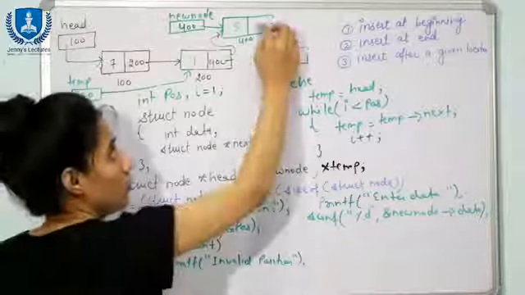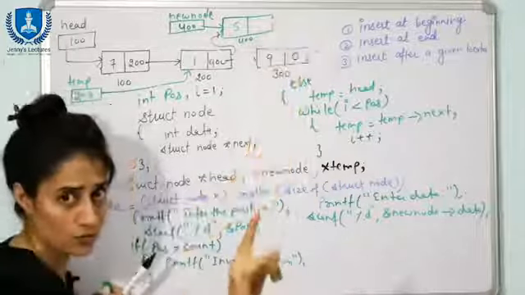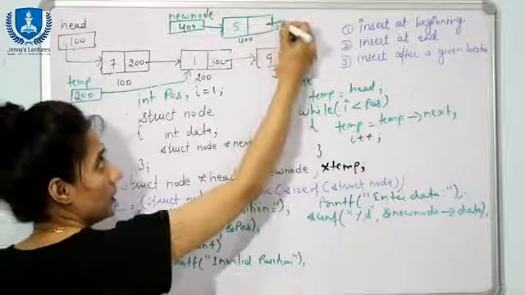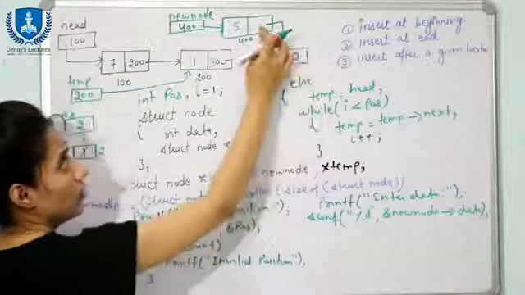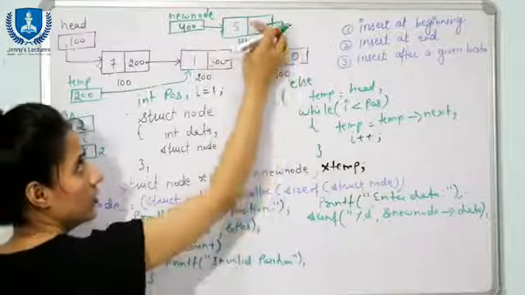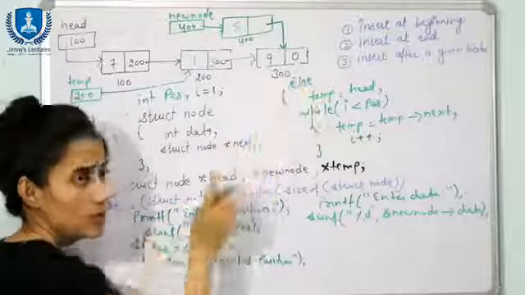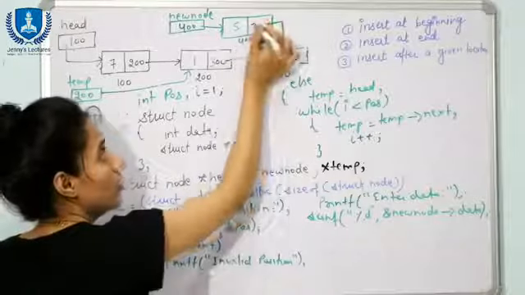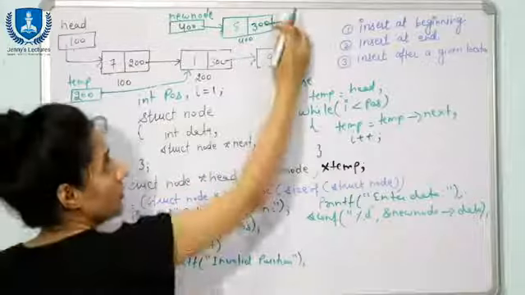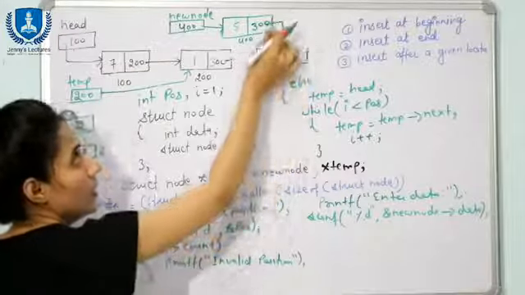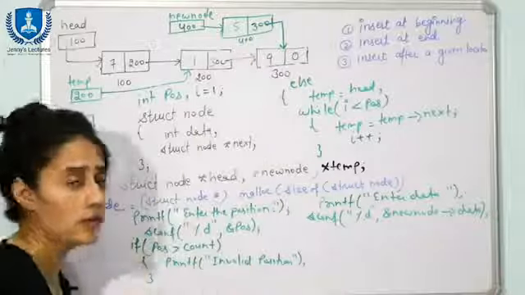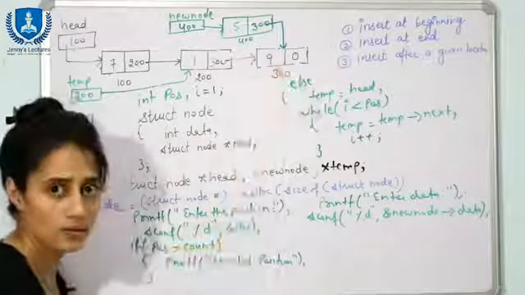That is why you always insert the right link first of all. So now, to establish this link first, in the next part of this node you will insert the address of the next node. Address of next node is 300. So here you will insert 300, right? And this is how this node is going to point here. Now how will you store this 300 here? From where will you get this 300, right?